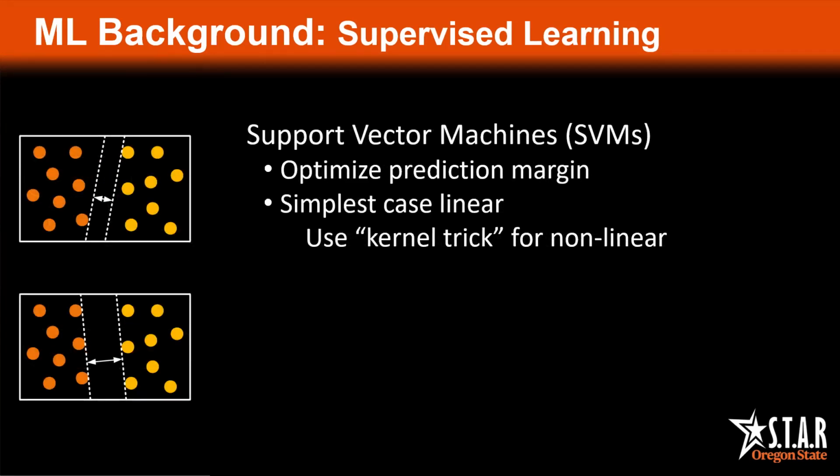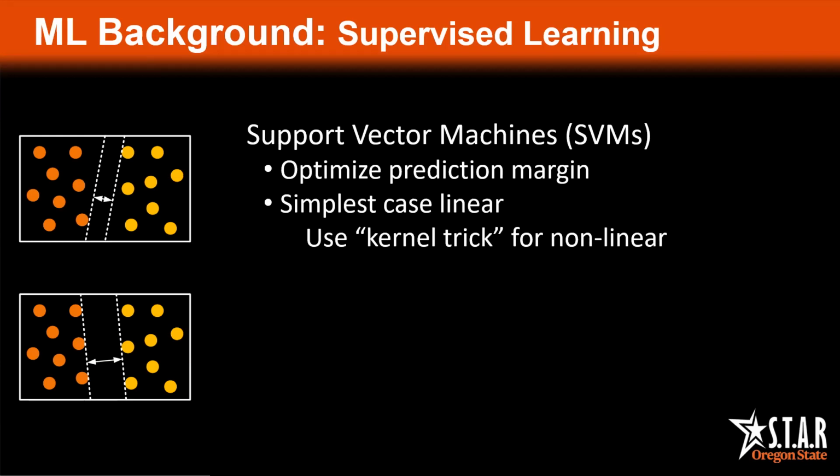Support vector machines, or SVMs, are generally known for their function, not for a graphical structure as with the other models. Specifically, SVMs may be considered for their ability to optimize the margins of predictions, essentially learning the best dividing line between examples in a two-dimensional case, or the best dividing hyperplane in the general high-dimension case.